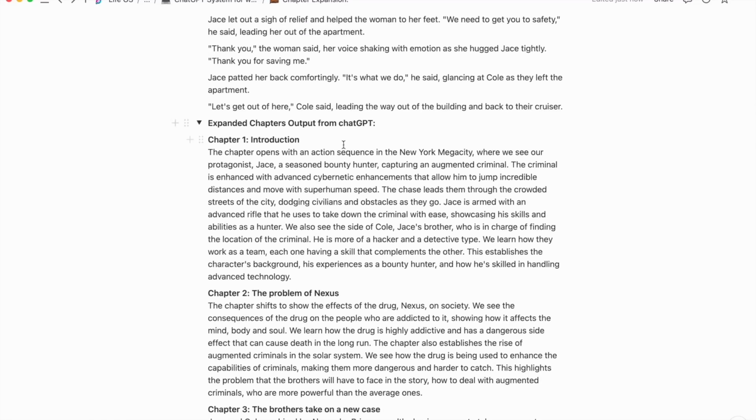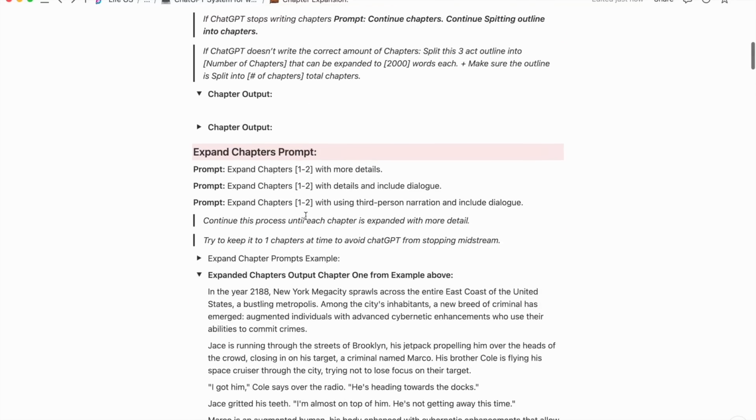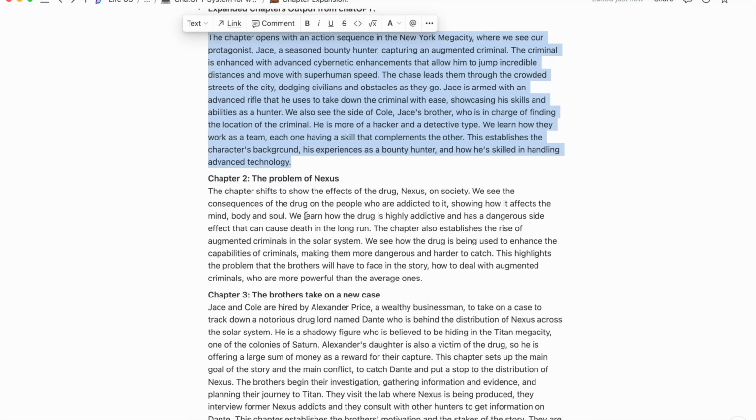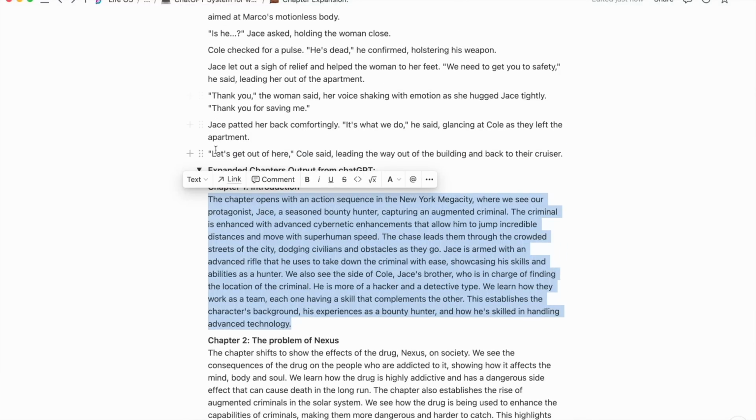And this is the extended chapter output that I got from ChatGPT. So this is what I fed ChatGPT in order to expand the outline. Okay. All right. So if you continue on down,